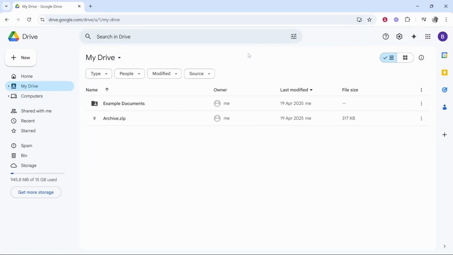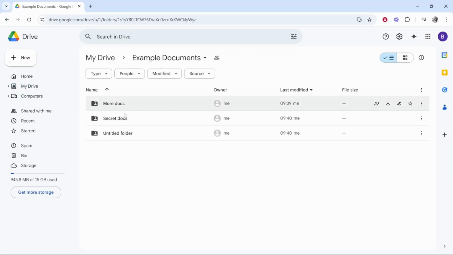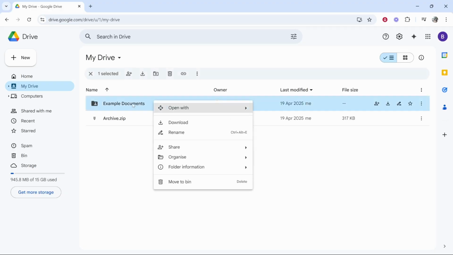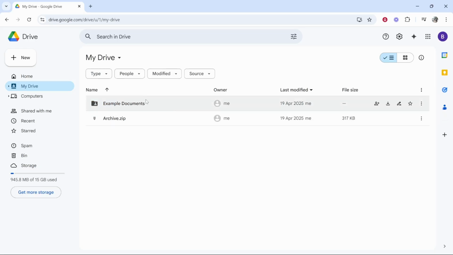In this video, I'm going to show you how you can copy a Google Drive folder with all of its documents inside. So if you've tried to copy the folder and essentially create a duplicate copy, you might have right-clicked on the folder and looked for the copy or duplicate button, but it isn't there. But there is a workaround on how you can essentially copy this whole thing, and I'm going to show you